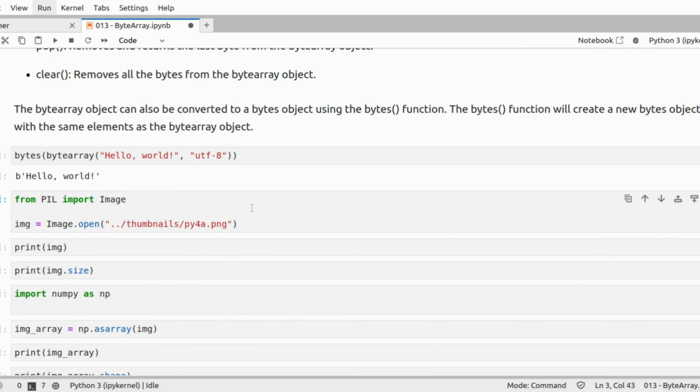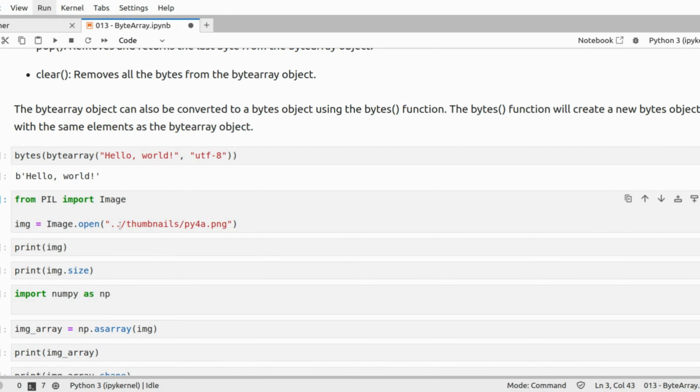So all I need to do to read this image is to use the PIL library or the Pillow library. So I say here from PIL import Image. You can likewise say import PIL and then you call Image by saying PIL.Image. But I prefer to keep my namespace uncluttered. So I import the specific module I want to use in Pillow. That's why you see the import statement from PIL import Image. And then I would